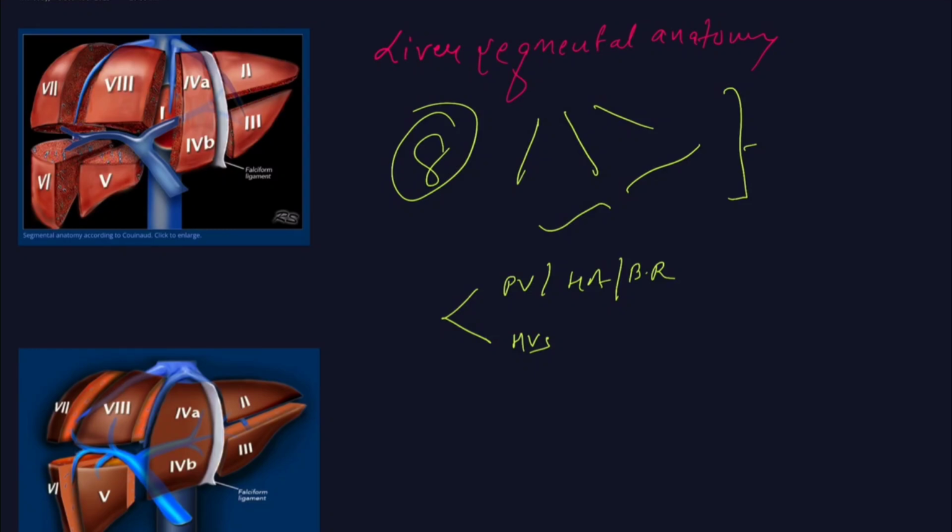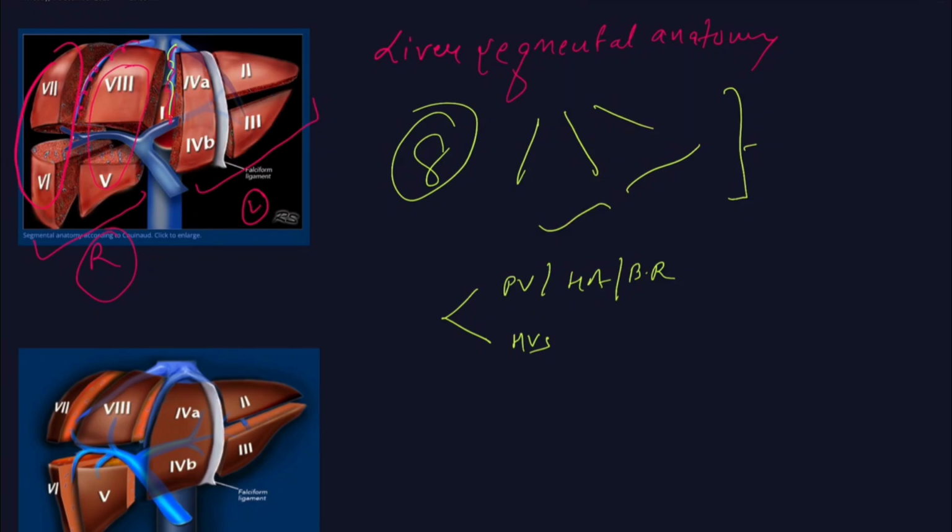So the vertical planes are formed by the middle hepatic vein, dividing the liver into the right lobe and left lobe, okay. Next is the right hepatic vein plane, okay, which divides the right lobe into the anterior and the posterior segments,